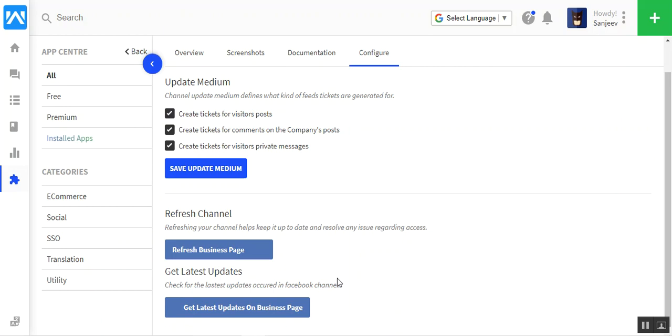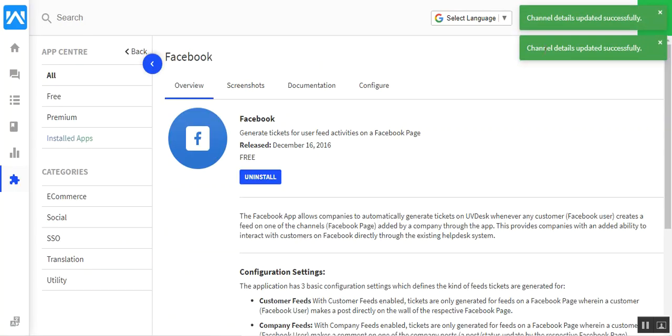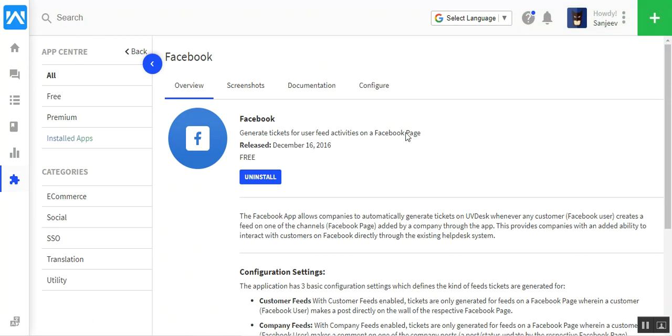For the latest notification you just need to tap get latest updates on business page. Just tap over that. Here you will find a pop-up message as well, saying all the notifications on your page will get converted into the ticketing section. Now we are moving towards the ticketing section.